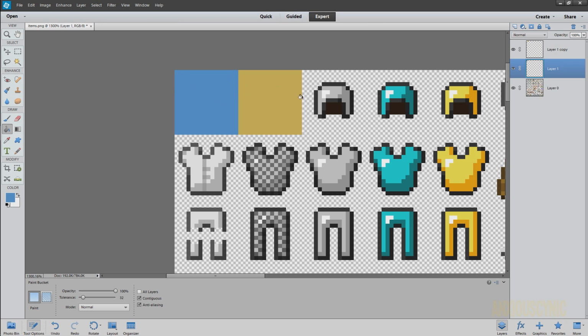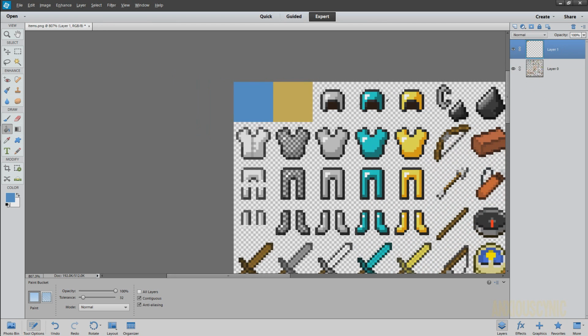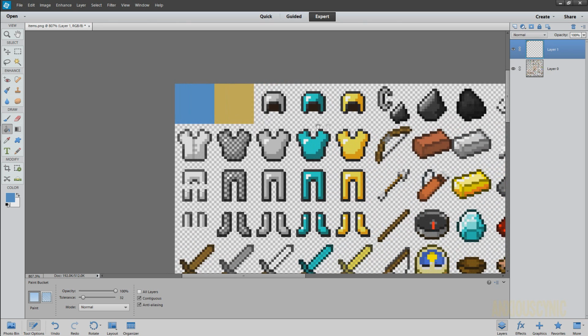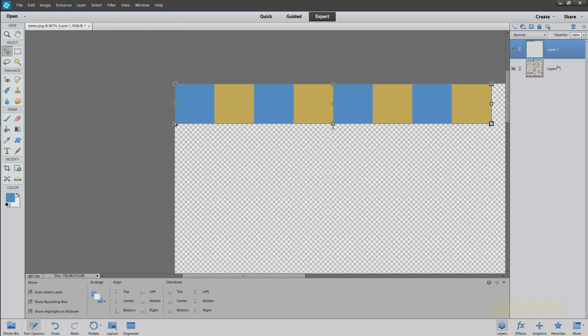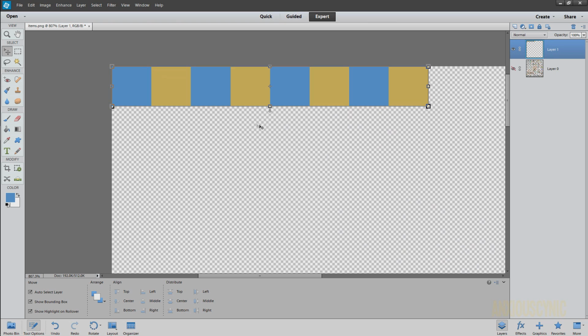So there's our little checkerboard pattern, and then I can extend that out. You don't have to do this. This is just what I do so I can see the boundaries of where I'm working. So yeah, pay this no mind if you're not worried about that stuff. I'm just going to go ahead and set it up real quick, and we're going to get rid of the initial item sheet. And now I want to bring in a skin,